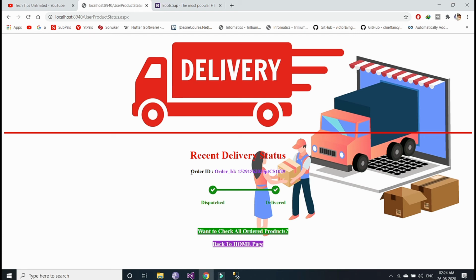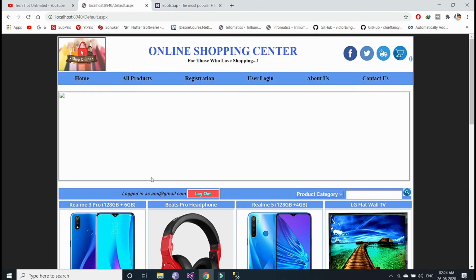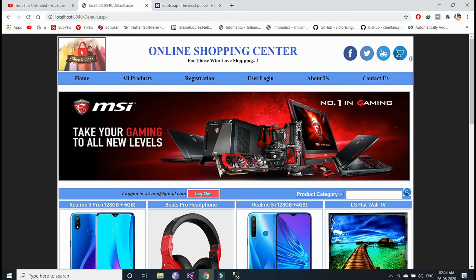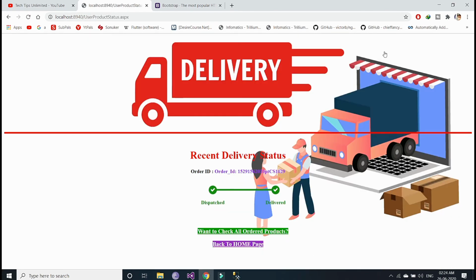This order id you can see is the last order made by this user, let's see which user this is, Anil. This user has made the recent order with this order ID.